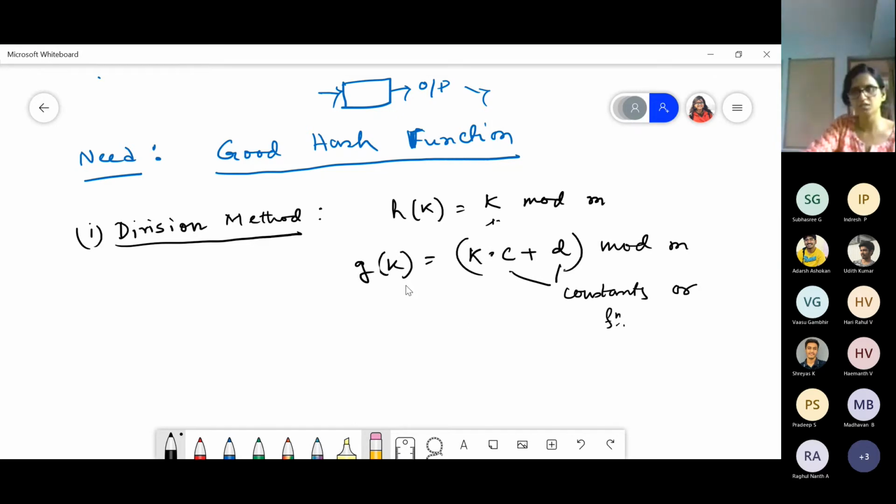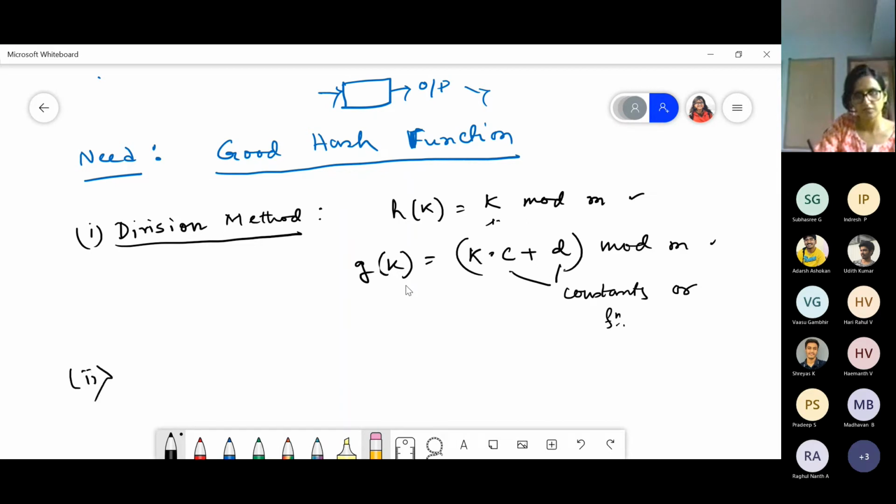So it is dependent upon how strong you are going to design. Obviously, h will be weaker than g. For some good c and d, more variation is possible. So this will make g of k stronger than h of k. But when you use this mod, we call it part of the division method of generating a hash function.